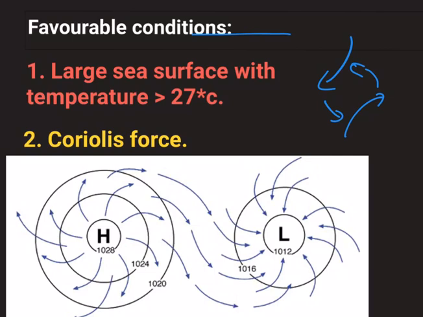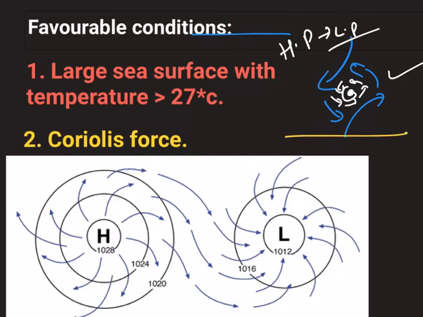And eventually, when these moving winds find a low pressure area, they try to converge in it, because we all know that winds move from high pressure areas to low pressure areas. So because of this tendency, these winds start moving in a circular manner to converge ultimately at the center, and thus we have a cyclic storm which forms the basis of a tropical cyclone.